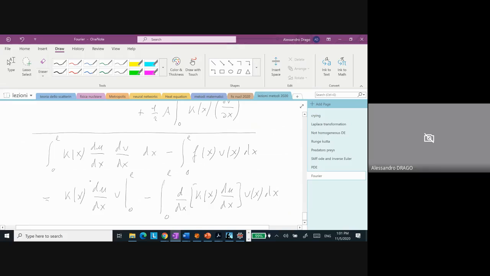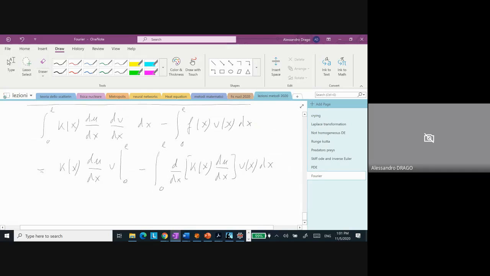So I have integrated by parts this first object, so that here now I have a v of x, and still I have a second object. The second object is minus the integral between 0 and L of f of x v of x dx. Let me remind you, these are the two terms that I need to demonstrate add to 0 if u satisfies the